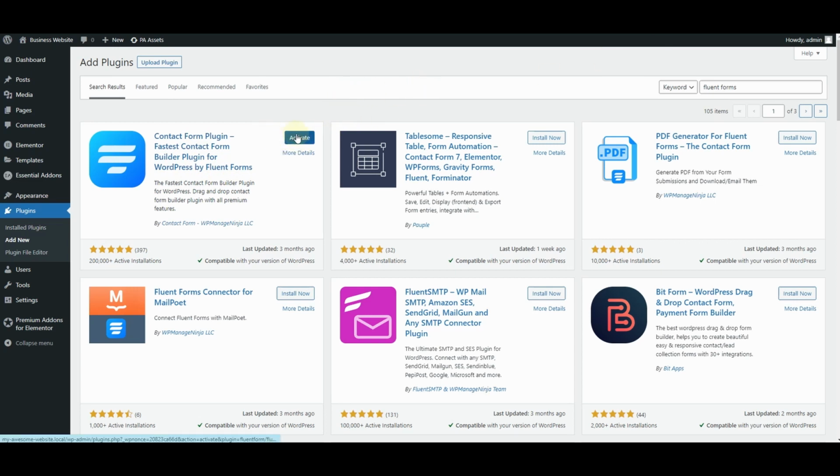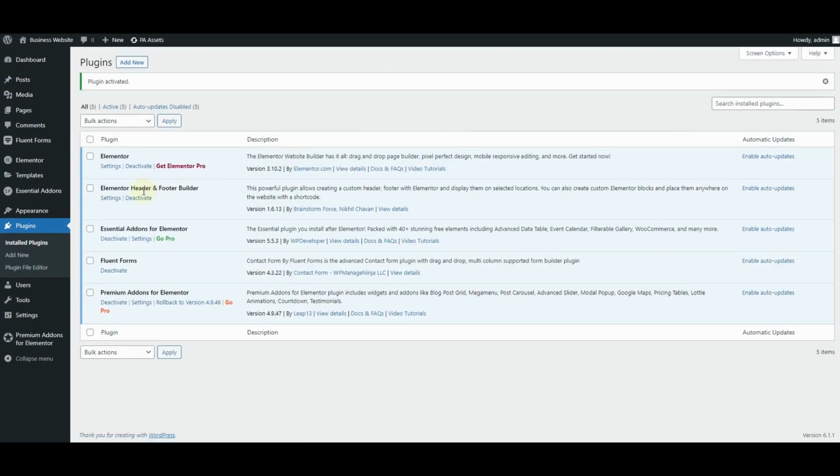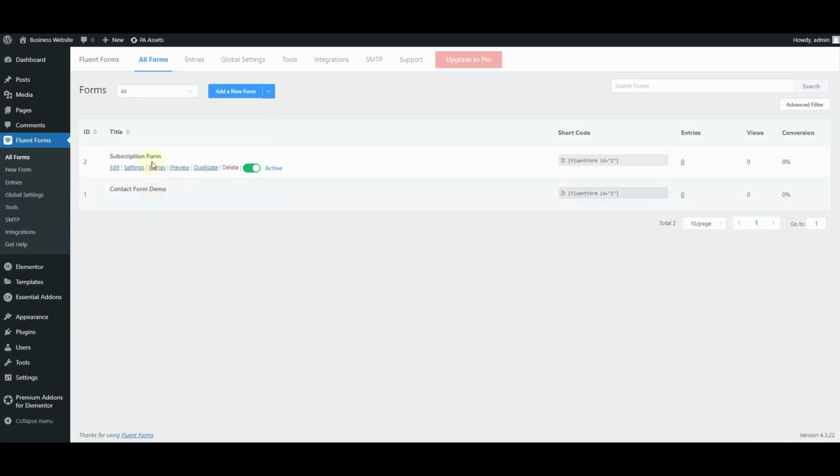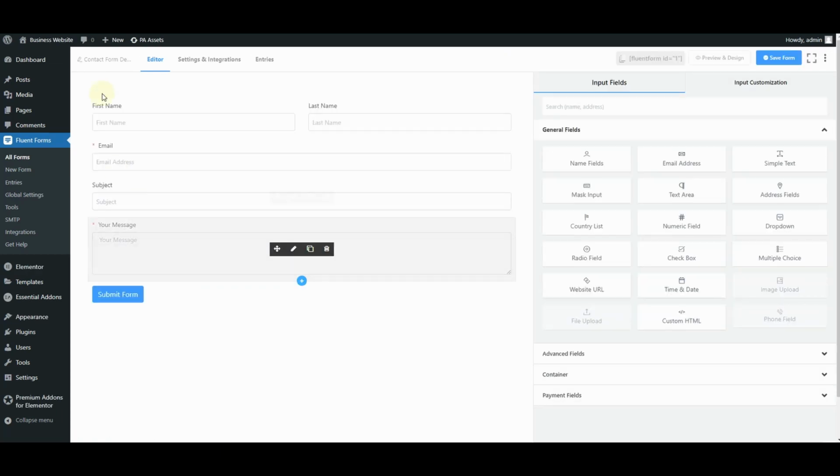As you can see, this is installed. I'll click on this activate button right here, and as soon as I click on activate, you will see this new option here. This is Fluent Forms. So once you click on Fluent Forms, you will see these 2 demo forms here. We need both the contact form and the subscription form, so I'll click on this edit button right here, and